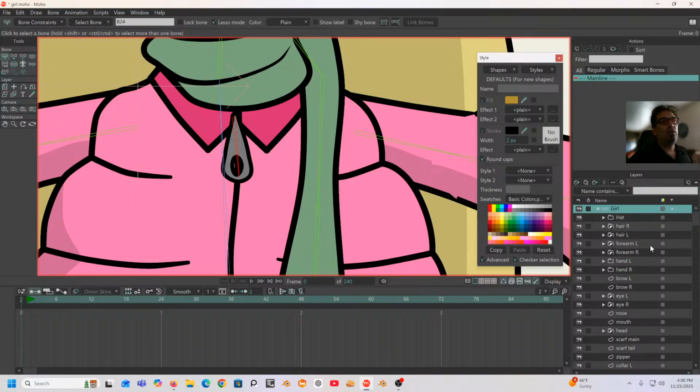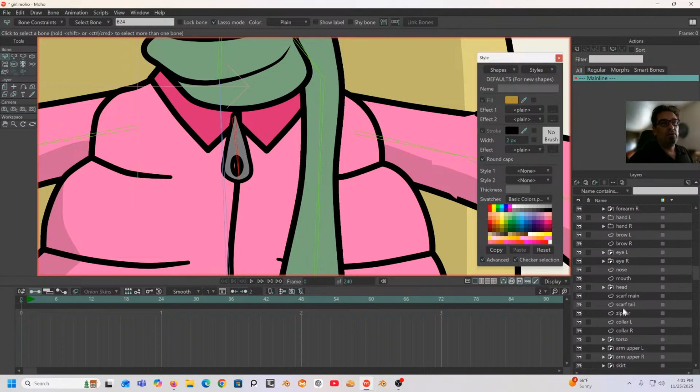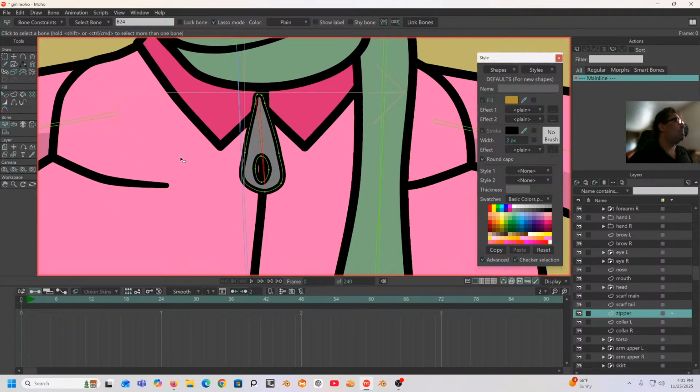But now we're going to go to that zipper layer. And I want to associate all of those points. So we're just going to select this bind layer button and select that bone. And they'll be fully associated. Eventually that will become a dynamic bone that'll fling around when the chest moves. So as far as I know,